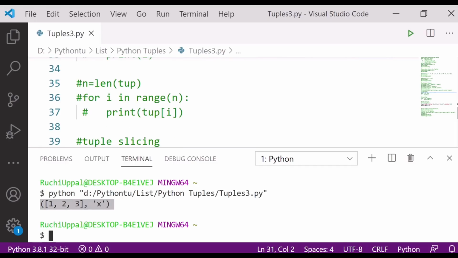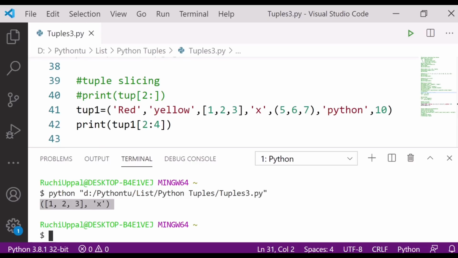So I have the value here 2 to 3. I was telling 0 1 2, and this is the third place. So this is how 2 to 4 I want. It has given me the second place and third place value. Clear? So this is how we can have the values over here. Clear?